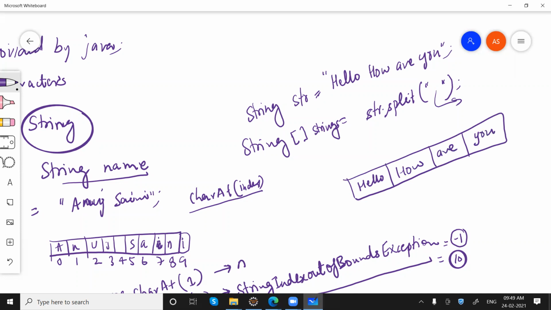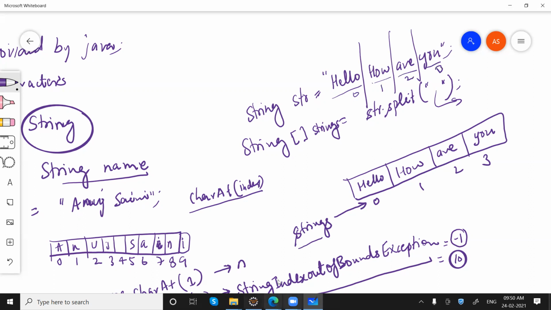So this is an array of strings. The name of this array we are taking is strings, right? Getting my point? Four strings will be there inside the array, as we are breaking it from the space. So this will become the 0th, 1st, 2nd, and 3rd index, right? Like this.